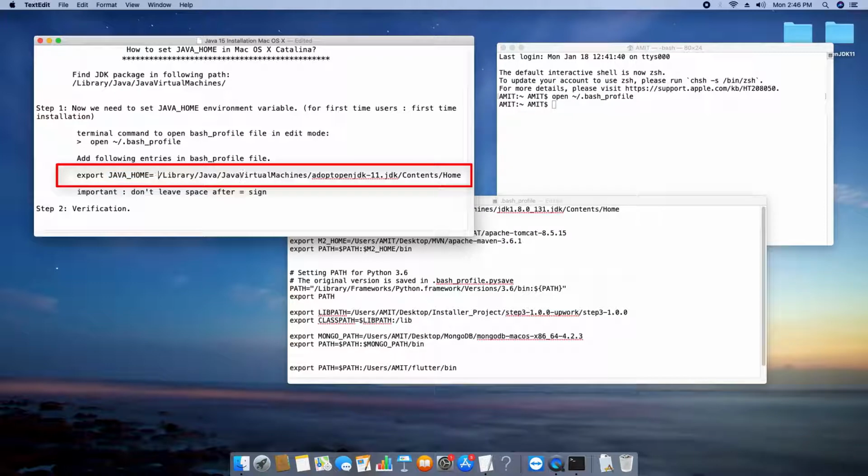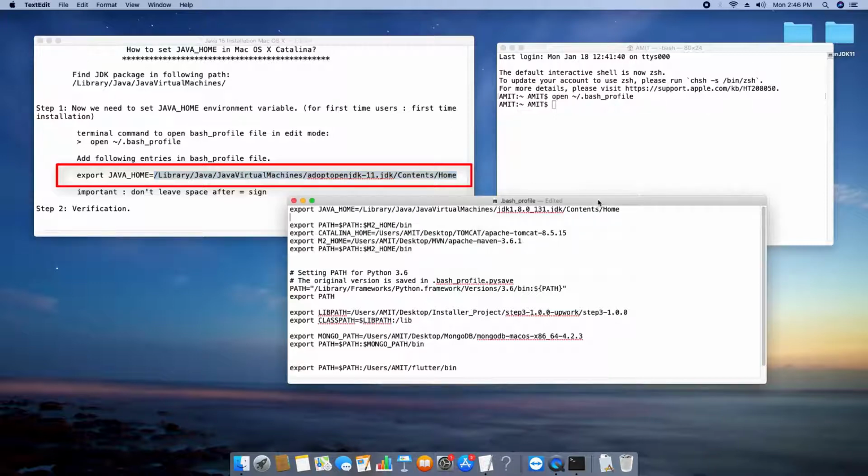Don't leave any space after the equal sign, otherwise this will not be detected. So we have to make sure there is no space after the equal sign, and this is the path of the JDK folder up to bin.